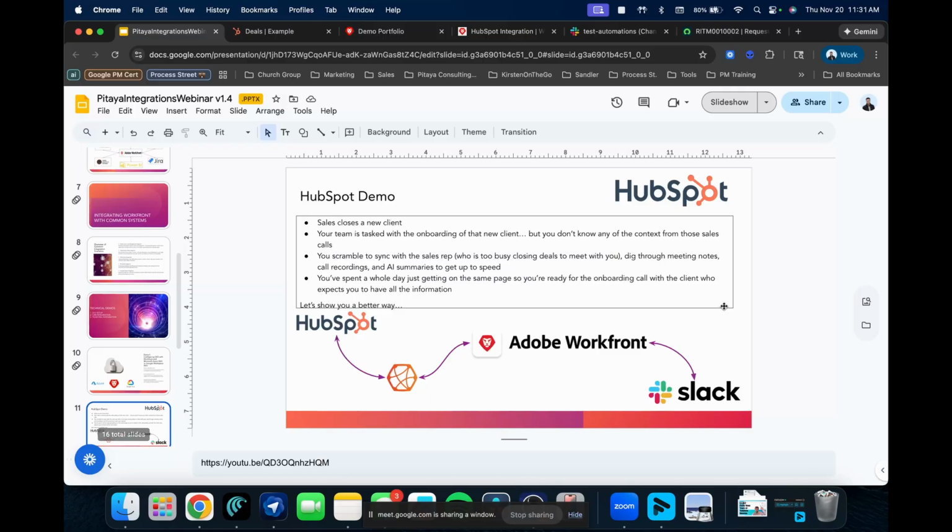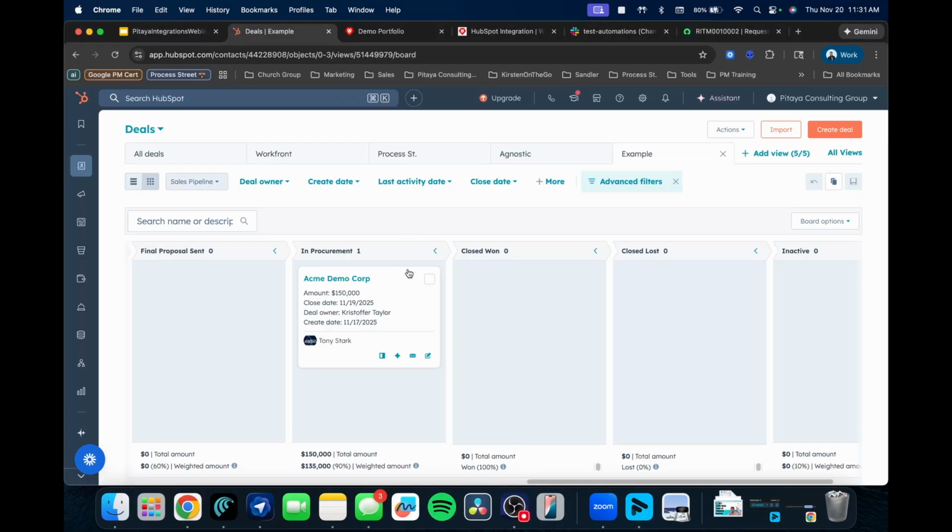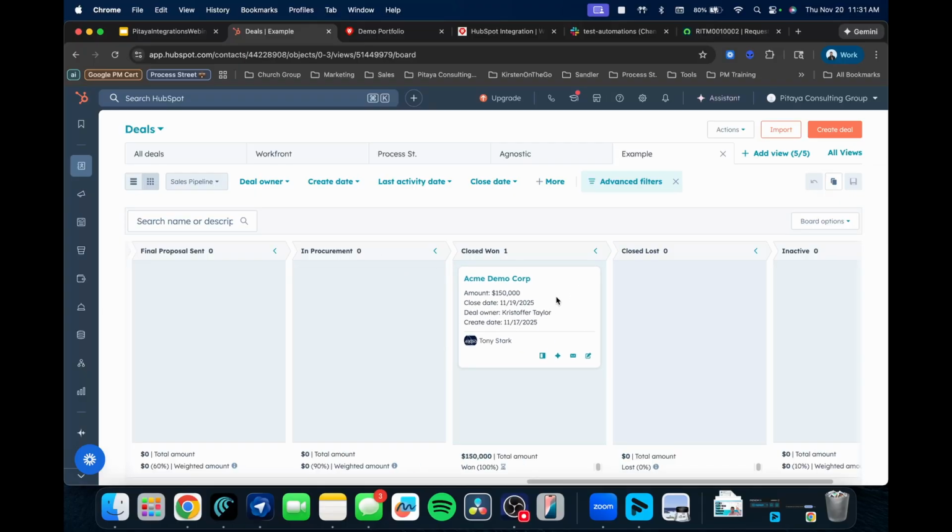I'm just going to walk through this live, so hopefully we don't have any technical issues. We're in HubSpot, and with that idea of the process, we're going to act like I'm the sales rep at the moment. We have this deal in procurement. It just passed, so we're going to close that now and mark it as closed won. And I'm going to open this to show a bit more